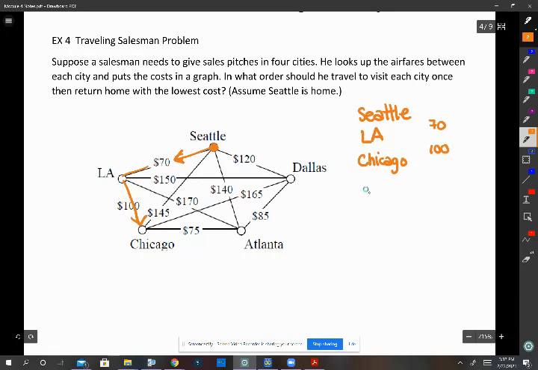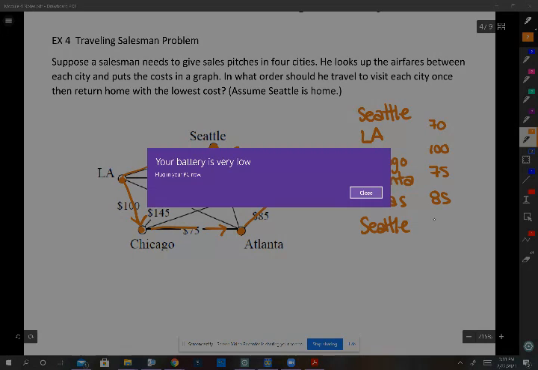All right, and then from Chicago, because he needs to visit everybody, he can either go to Atlanta or Dallas, and Atlanta is cheaper, so he's going to go this way. So he's going to go to Atlanta. And then from Atlanta, the only place he hasn't been yet is Dallas, so he has to go there, which is 85. And then from Dallas, he's going to go back to Seattle. So if it asks you for the cheapest path,